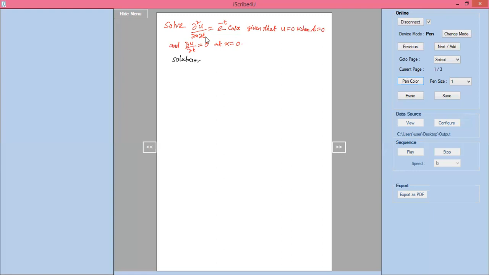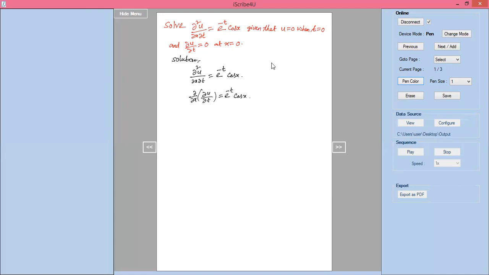How should we write the given PDE? The remaining condition involves ∂u/∂t, so I have to integrate with respect to x first and keep the ∂u/∂t term as it is. We have to look at that condition also. The given equation ∂²u/∂x∂t = e^(-t) cos x, I will write as ∂/∂x of (∂u/∂t) = e^(-t) cos x.